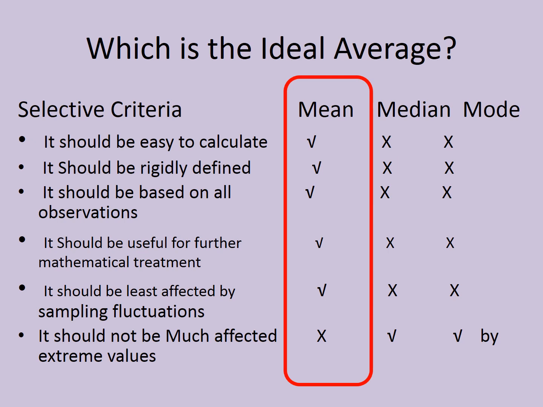But the disadvantage of the mean is that it is affected by extreme values. For example, take the weights of 10 students, and out of those 10 students, one student has a weight of 150 kilograms. Ultimately the average weight of those students will increase, and that will be biased, or higher. So it is affected by extreme values. In that case the mean is not useful. Again, the mean cannot be calculated by the graphical method.